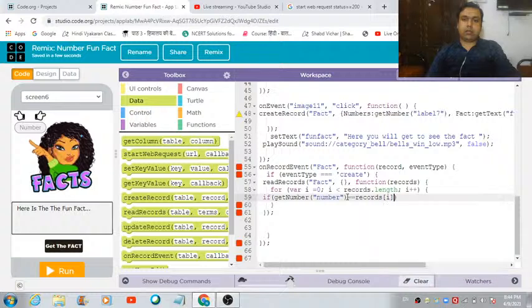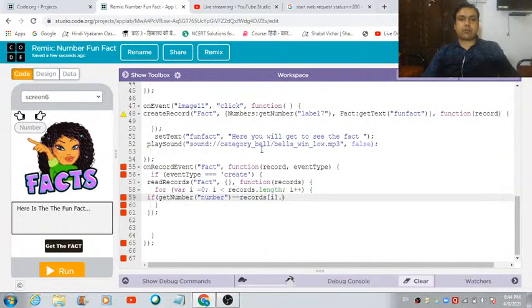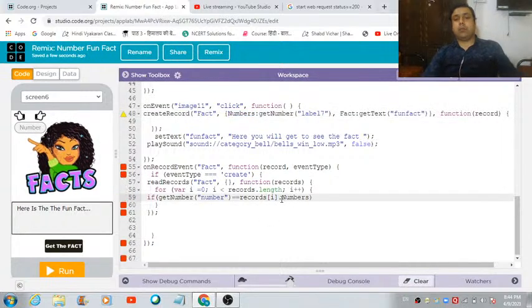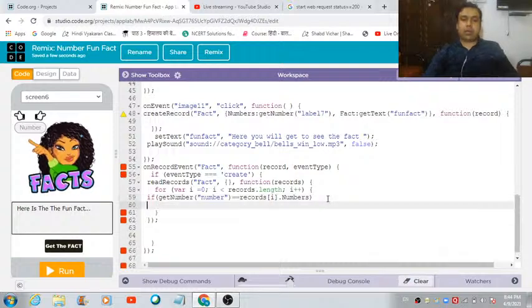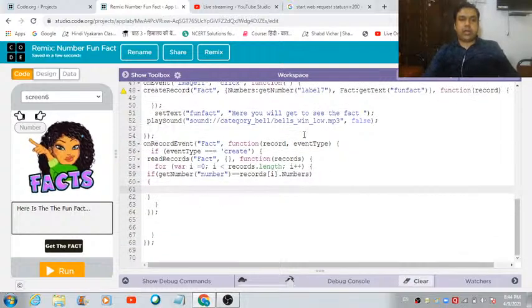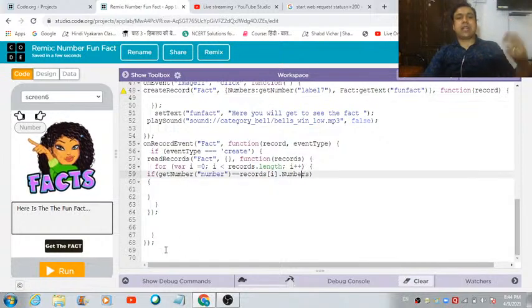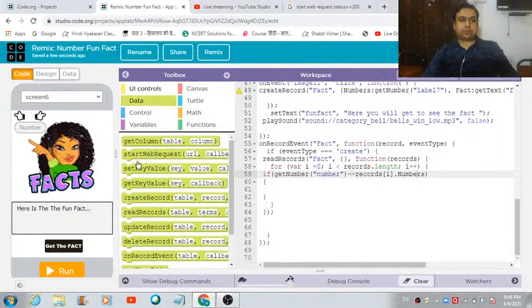records I dot, what is the name of the column in which the facts are going to get saved? Sorry, numbers are going to get saved in this fact name table. It is numbers, right? So if it is equal to any of the numbers present in this numbers named column, I would like to fetch the fact related to this number and get the same reflected inside this message box named get fun fact. So we can make use of